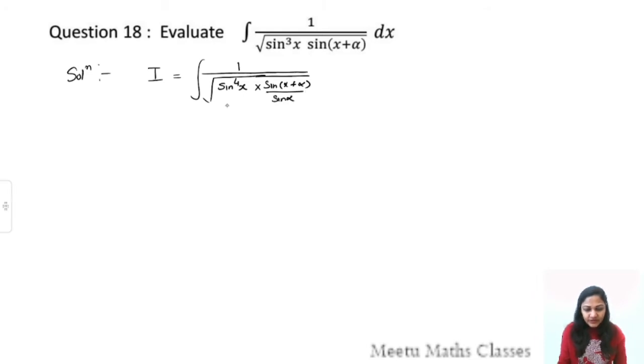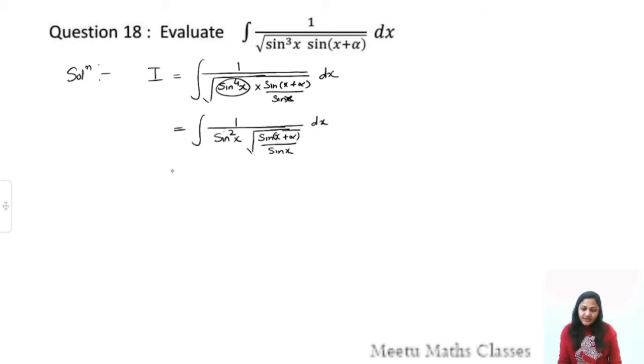within square root, then it will not change your integrand. Now sin raised to power 4x square root will become sin square x. So this sin square x will come out, and what remains inside the square root is sin x plus alpha upon sin x dx. Now 1 upon sin square x can be written as cosec square x upon square root